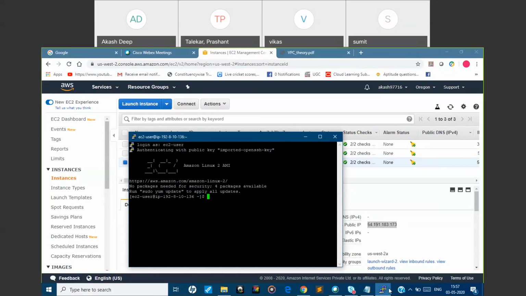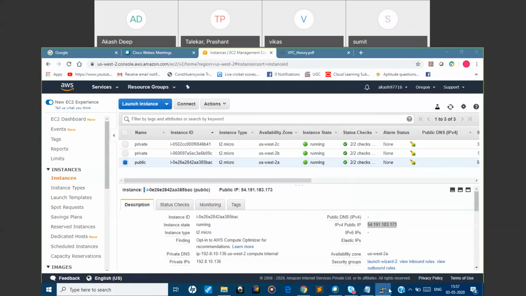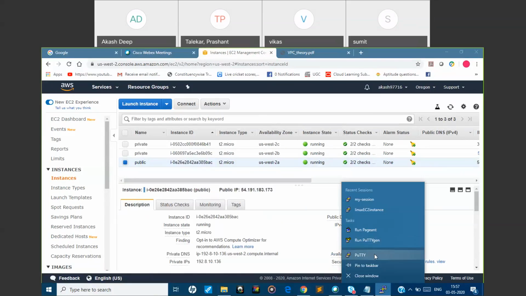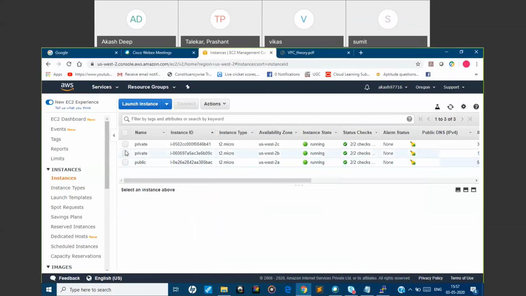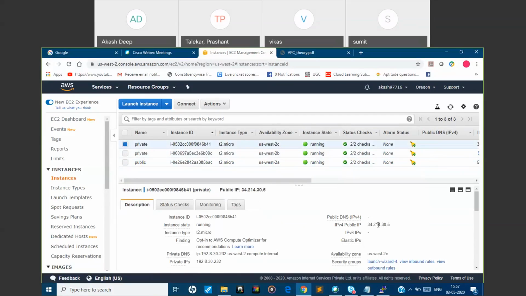Now, what will we try to do? First, we'll select this private one, the private IP.